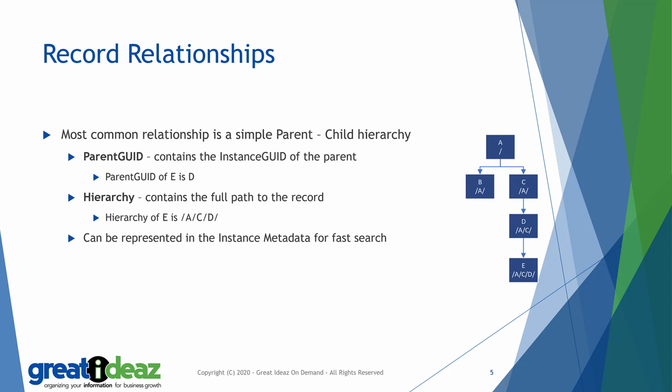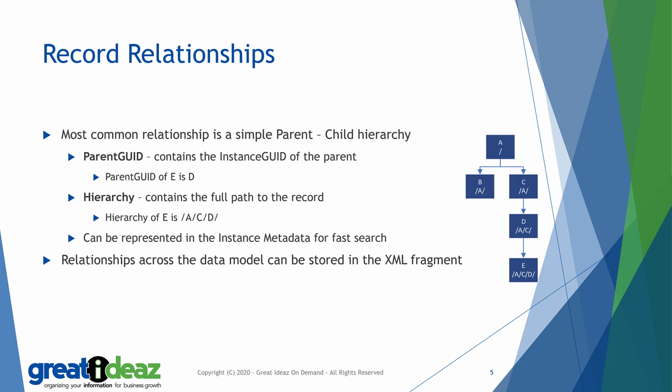This enables us to do fast searches. So for example, I can use the parent GUID to find all of the vehicles that are within a specific insurance policy. Or I can execute a search that would show me all of the vehicles for all of the policies within the database. So if the parent-child hierarchy is stored as part of the instance metadata, where do cross-record